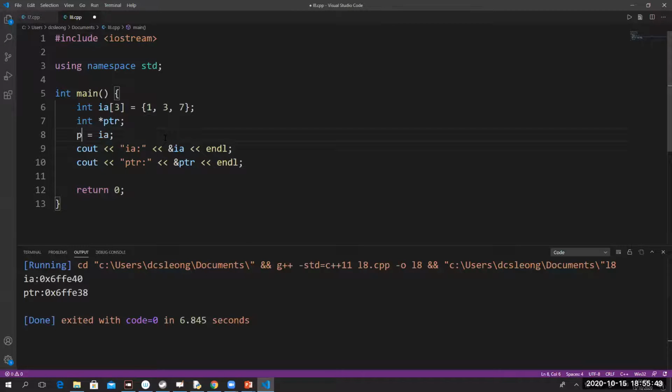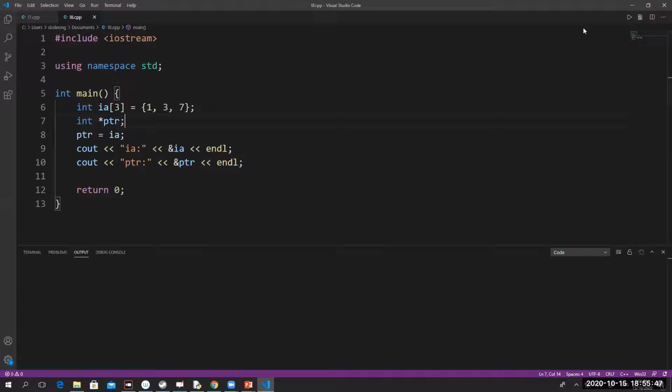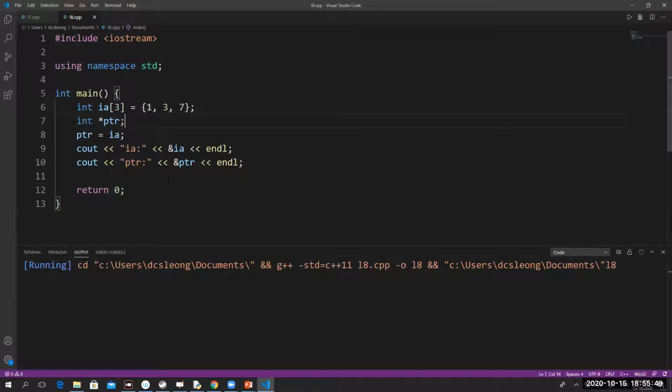Maybe this one is a bit confusing. So I say pointer equals ia. Let's run and see. So ia and pointer are different. You can see ia is 40, pointer is 38. So pointer is 38, address of ia is 40.